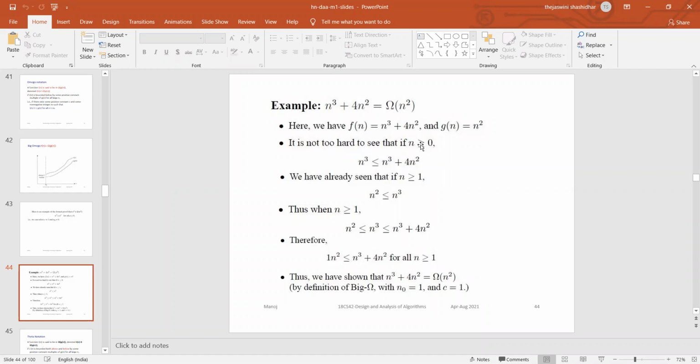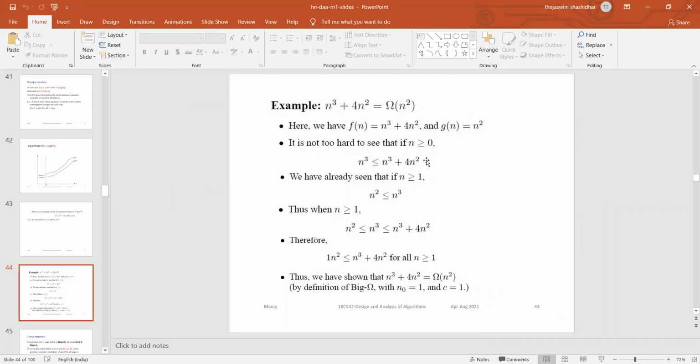Okay. So when n is greater than or equal to 0, for our question part, you take anything which is lesser. What is the lesser part you are having? The lesser part you can take as n cube only, because here you are having 4n square. So that's why you are telling it as n cube plus 4n square, which is the lesser part. You can take it as 4n cube. So now you compare the lesser part of n cube. The lesser part of n cube is n square.